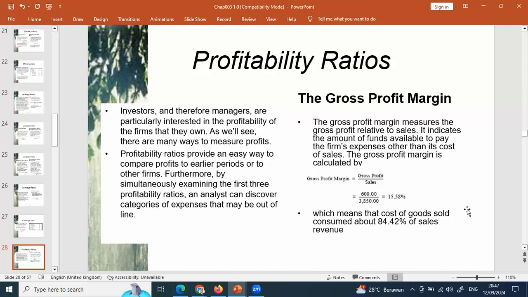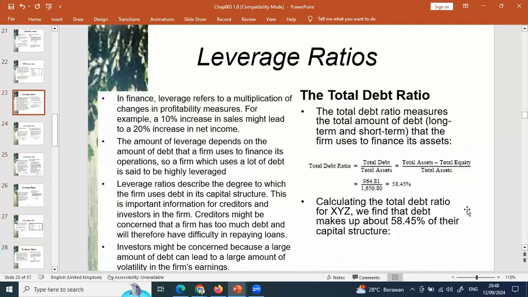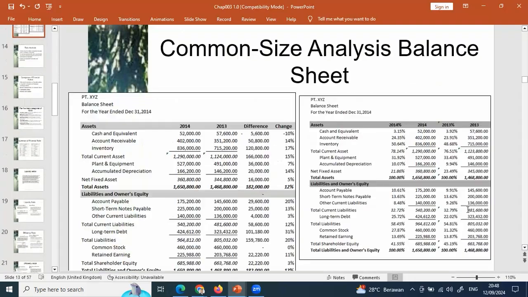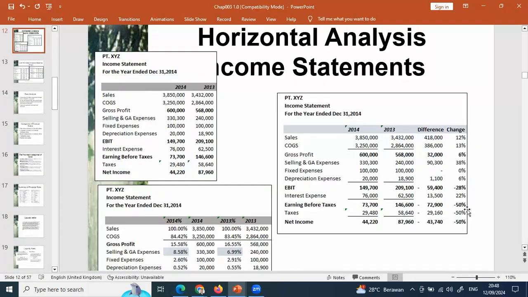Profitability ratio, the gross profit margin is the gross profit divided by sales. So how many percent is the profit? Gross profit is in the income statement. Where is the income statement? This one. Gross profit